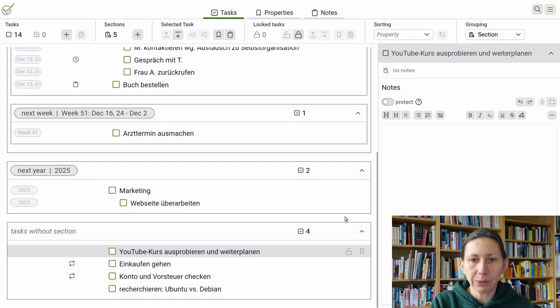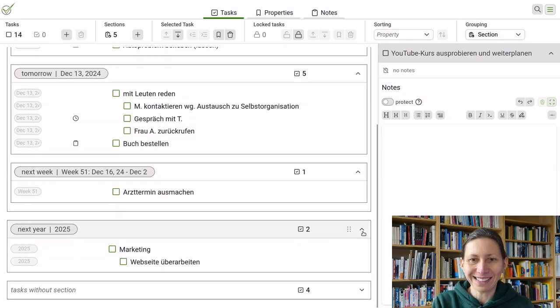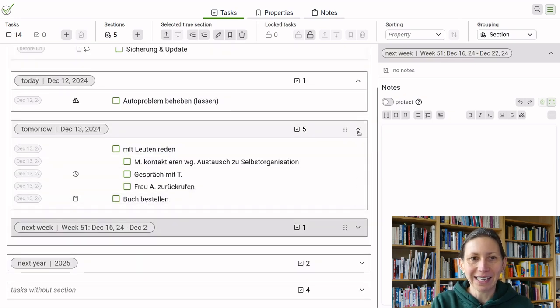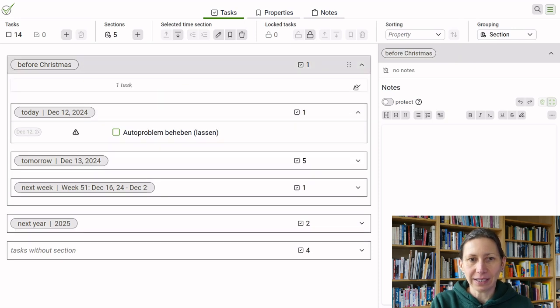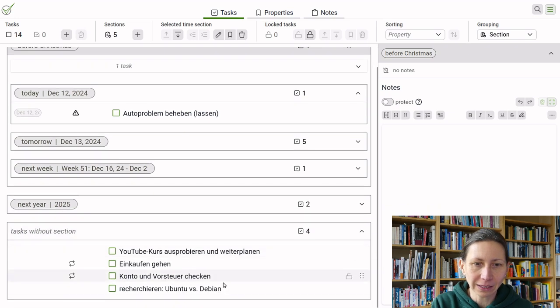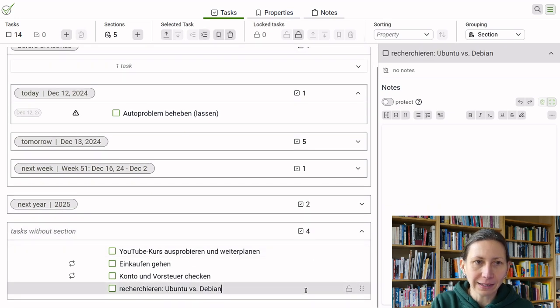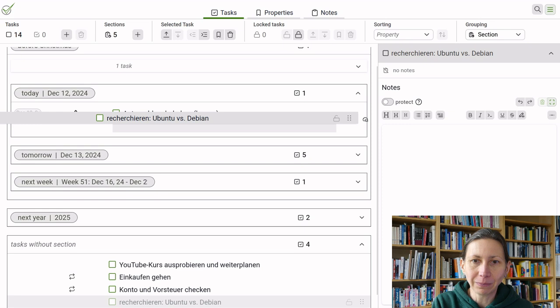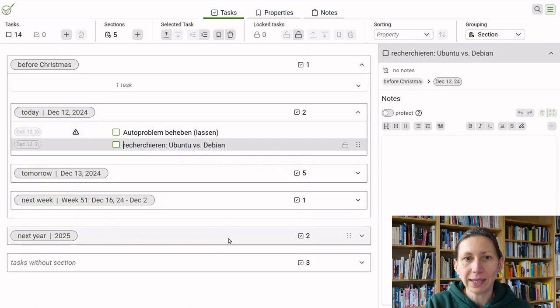And now when we have these boxes, the good thing is you can close them. So you can even close this. So now the only thing I see is the things I have to do today, which is only one task. Well, that's great. This is not very normal. So maybe I put that into today as well. But that's the great thing here with those boxes. You can really concentrate on what's going on today.